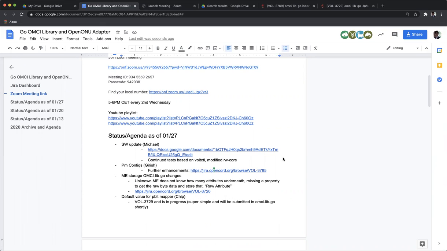So first up, I would like a little update on the progress of the software update from Michael. Anything to report here? There's still not so much progress. I was starting to code the layout of some state machine for the control of the software upgrade procedure. Basically, there are two different tasks still connected with that.